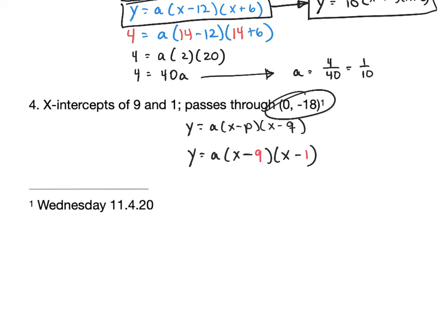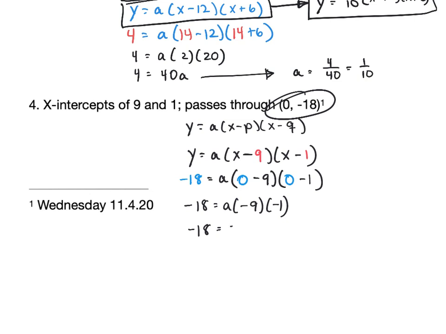How do we find a? We use the ordered pair they gave us, 0, -18. So substitute a -18 in for y, a 0 in for x, clean it up. It's negative 9, negative 1, negative 18 equals negative 9 times negative 1 is 9a. Divide by 9. Looks like a is